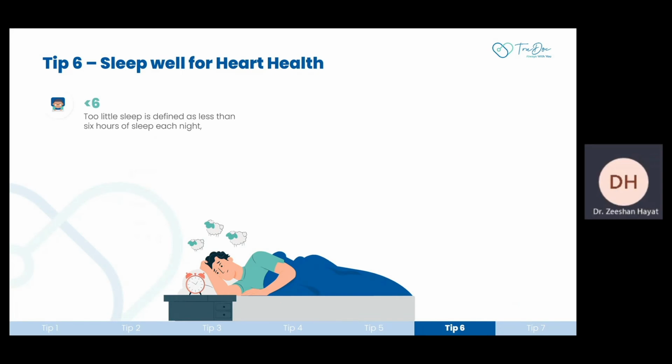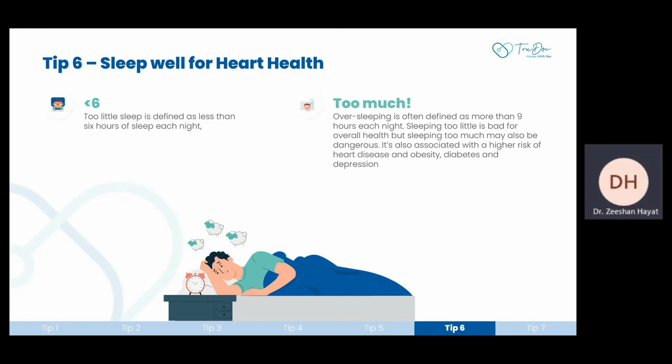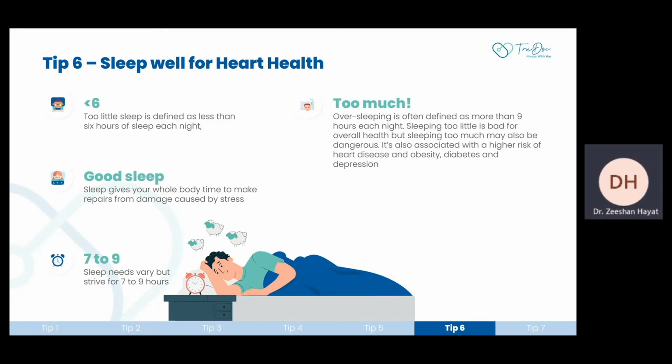Sleeping itself, please understand that one of the biggest factors for people that have any cardiovascular events is they either sleep too much, they're inactive, or they're sleeping too little. So at least 6 to 8 hours of sleep should be there. Having a good night's sleep, make sure that you make yourself stress free and have enough sleep. Not too much sleep, not more than 9 hours, but good sleep of at least 7 to 8 to 9 hours.